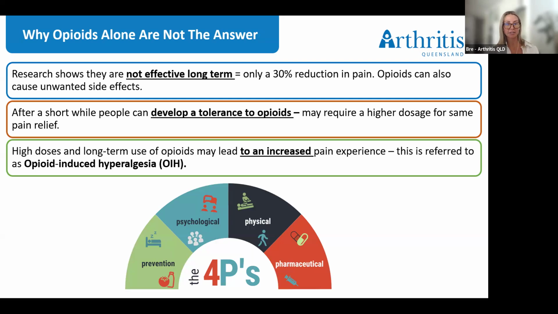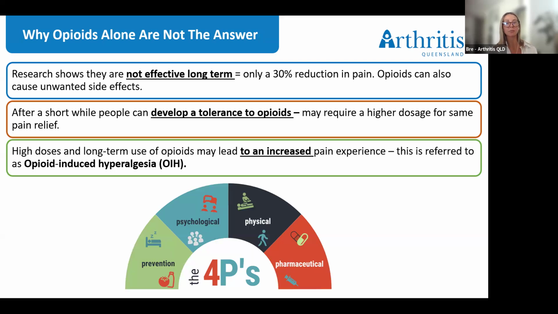So high doses and long-term use of opioids may lead to an increased pain experience. And this is referred to as opioid-induced hyperalgesia. Opioid-induced hyperalgesia is defined as an increased sensitivity to feeling pain and an extreme response to pain. This may occur when there is damage to the nerves or chemical changes to the nerve pathways involved in sensing pain. This may be caused by tissue injury or inflammation, or by taking certain drugs such as opioids for